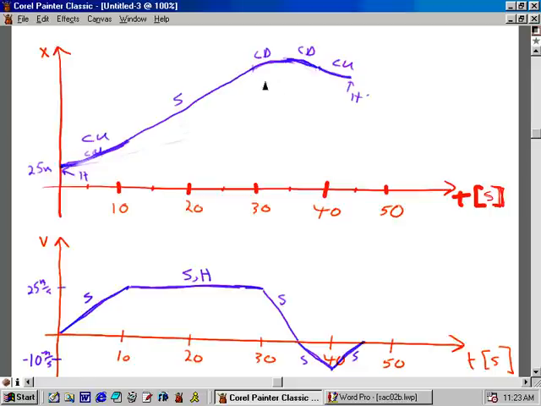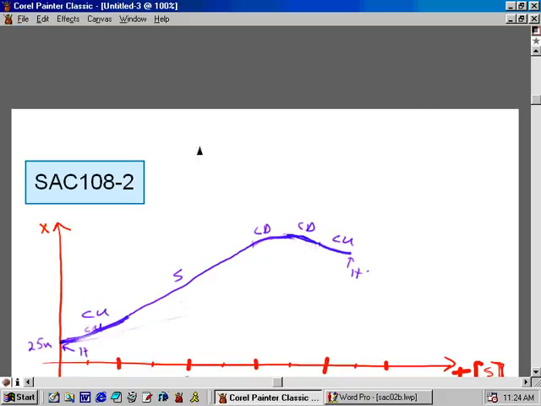And curved up, and then a straight segment, constant velocity, curve down while it's slowing down, curve down and actually going down because the car is backing up, and then from 40 to 45, curved up, and eventually the slope comes in flat in that we've got 0 velocity at the 45-second mark. Okay, that does